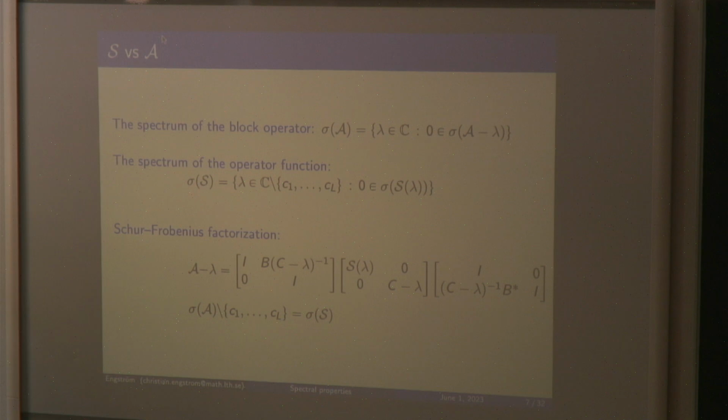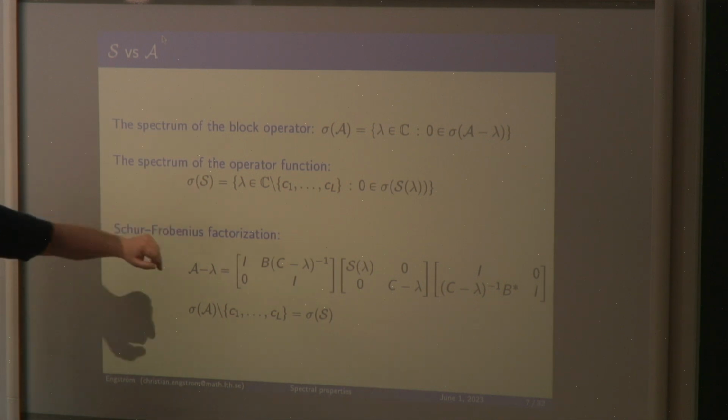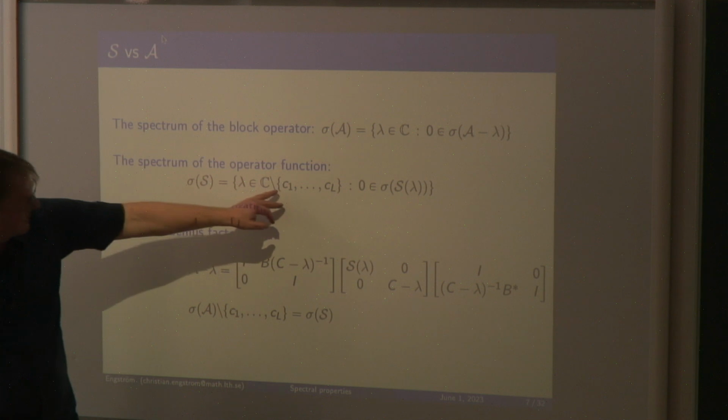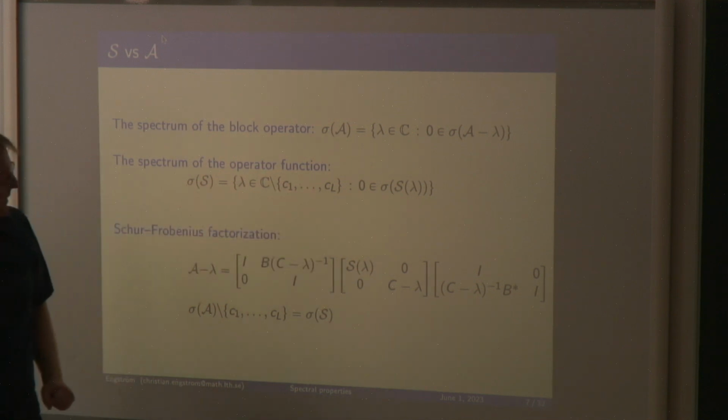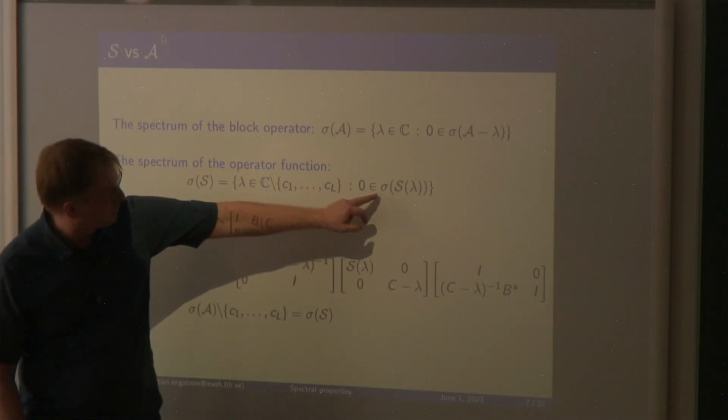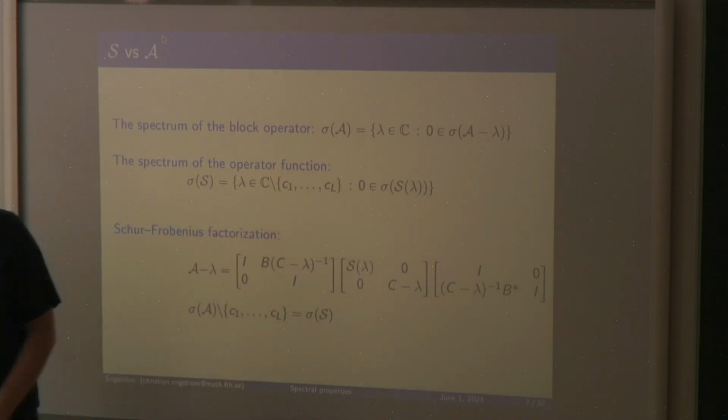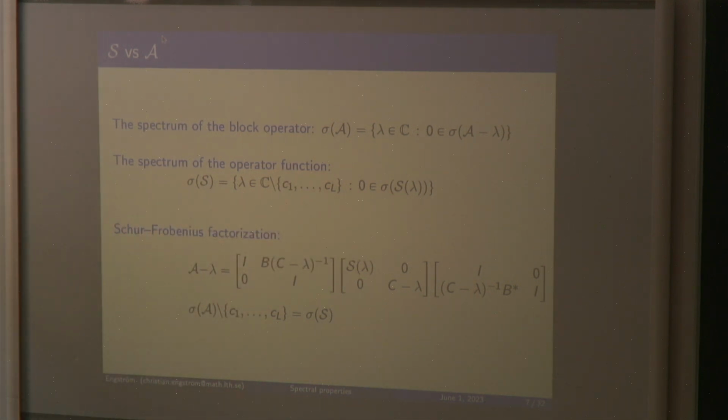So that will be the same thing. Otherwise, it's invertible. This way of writing it goes through for any function. So the spectrum of S is all lambda in C, where we take away the singularities, such that 0 belongs to the spectrum of the fixed operator S of lambda. So this is how you extend it from the usual